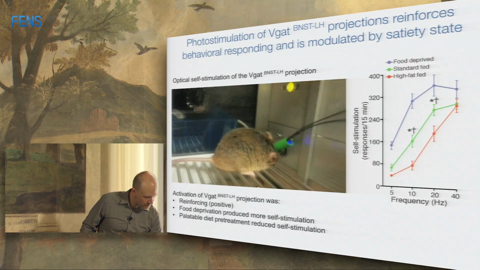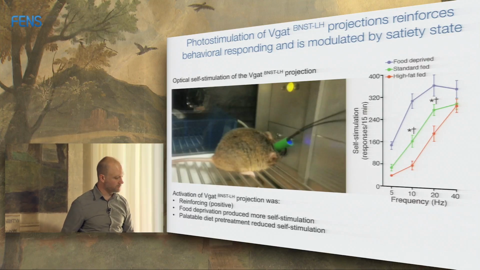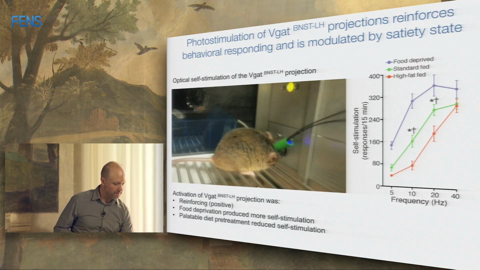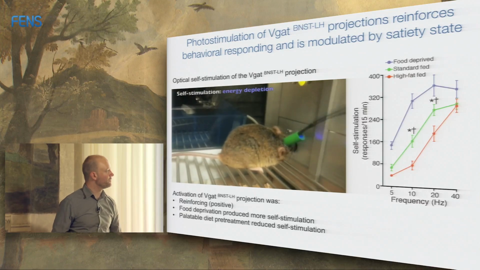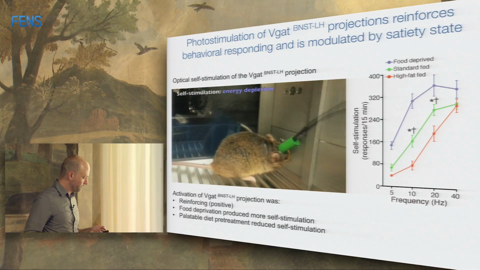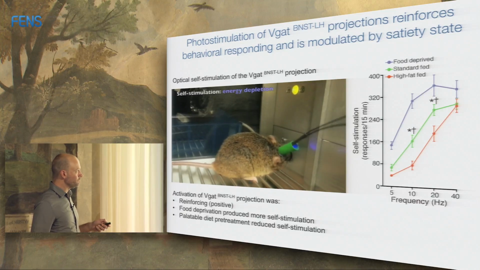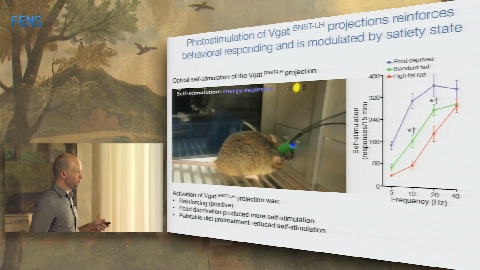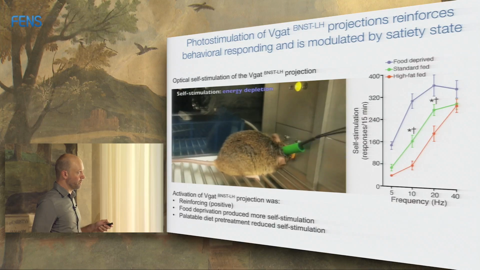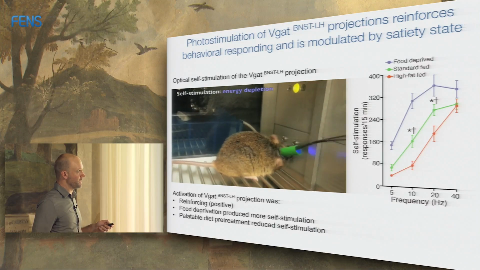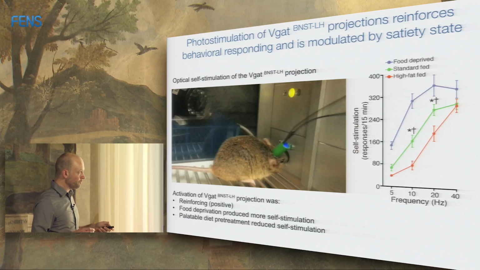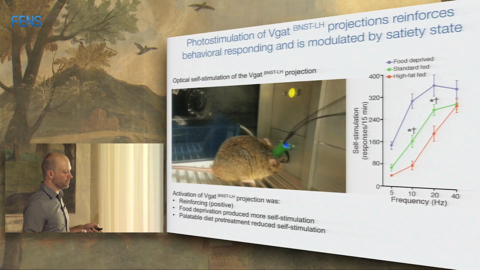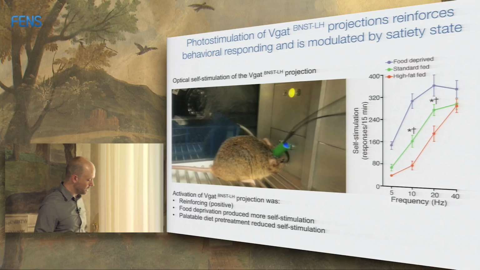I think for the sake of time, I'm just going to skip this. And I want to just go to an example of a couple different behavioral tasks that we've done. So this is one example where we've targeted GABAergic projections from one area of the brain, the bed nucleus of the stria terminalis, to the lateral hypothalamus, which I've already talked about. And then we looked at what happens when we activate this projection. And what you just saw was